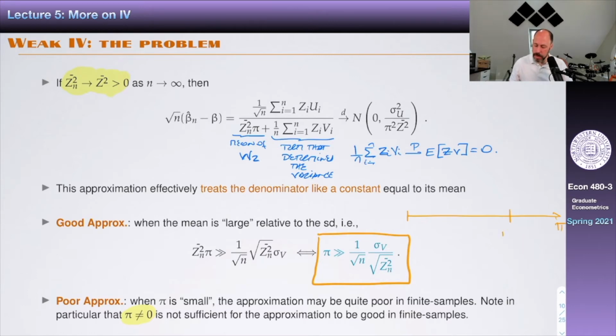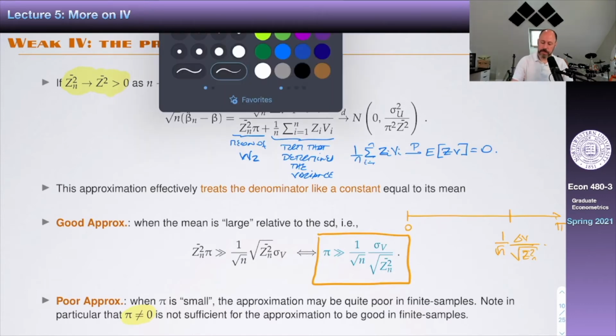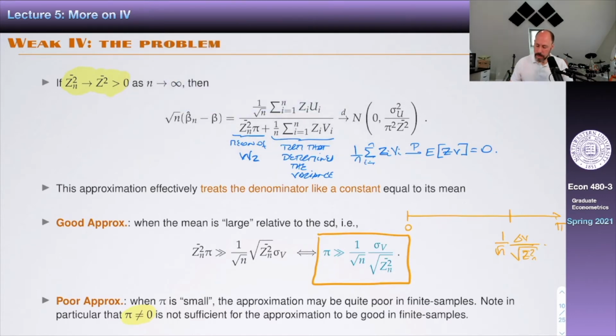Here we have 1 over square root n divided by the square root of Rn, this term, and this is 0. Then any pi that fits here, any pi that falls here, is